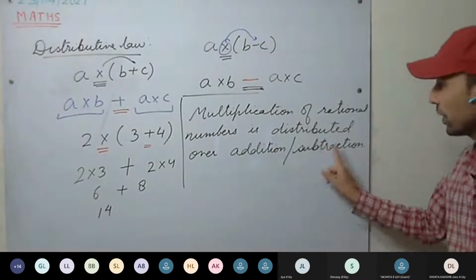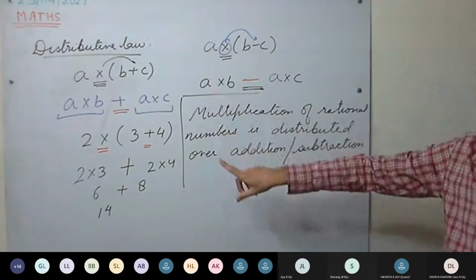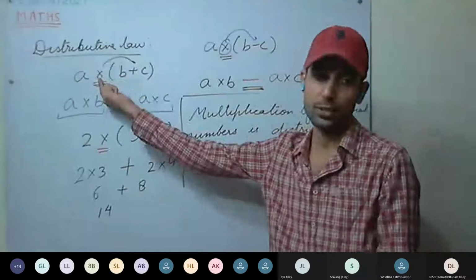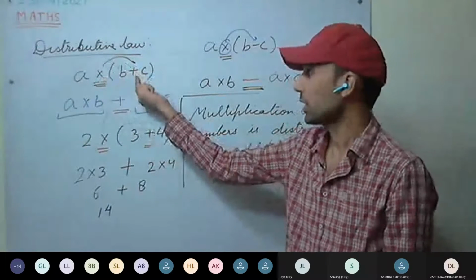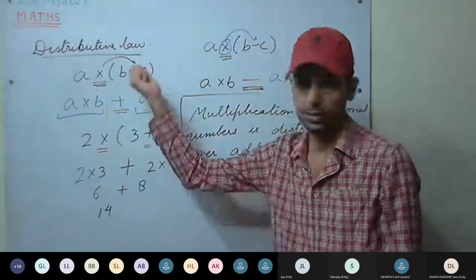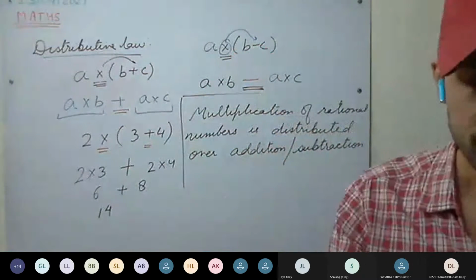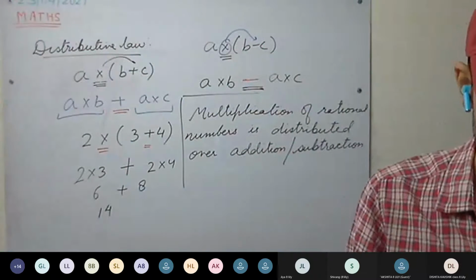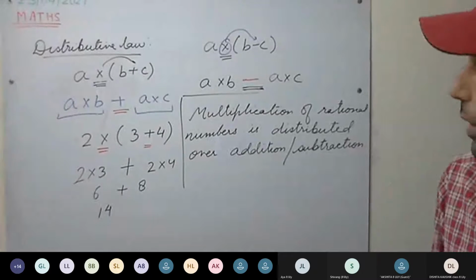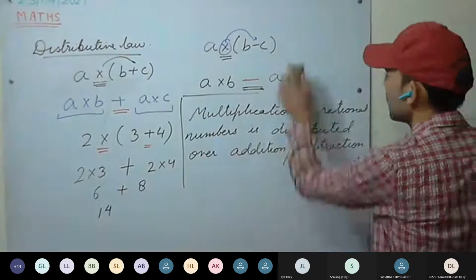Understood this one? This way you will always remember what you mean by distributing. What are we distributing? Multiplication. Over what? Over addition we are distributing. So one part, second part, over subtraction. This is called the distributive property. Okay, now we can verify the distributive property. Fifth question, first one.